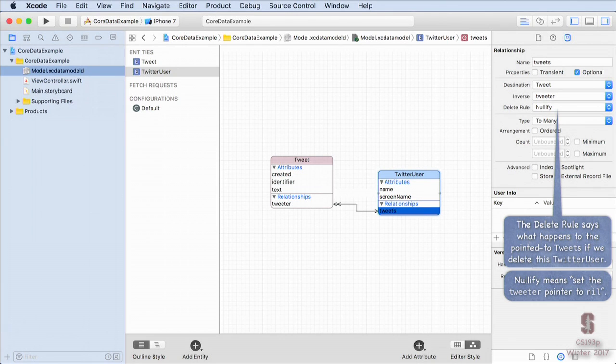But there is a cascading delete rule, which would say if I delete this thing, then delete everything that it points to. Just go right down the graph and delete everything. So that's what controls what happens when you delete. Now, I'm not going to ask you to even do delete. I guess I might have asked you as extra credit to do delete in assignment 5.